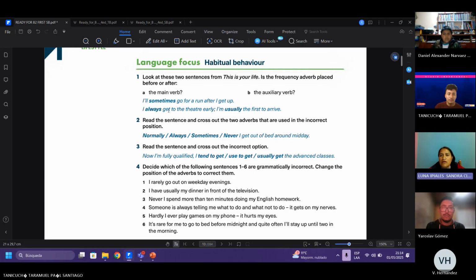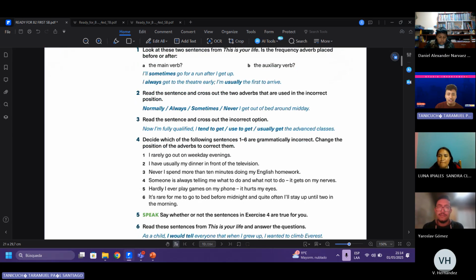In the first one, the frequency adverb is after the auxiliary verb, but before the main verb. Yes, perfect. That is the way you have to place the adverbs of frequency, right? And we are in this part right now. But before,